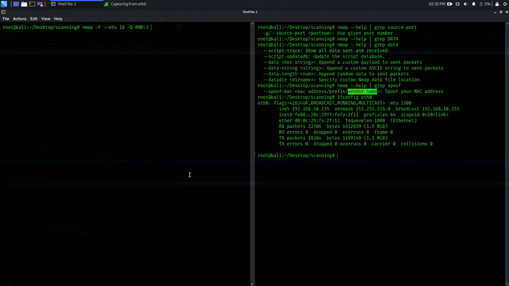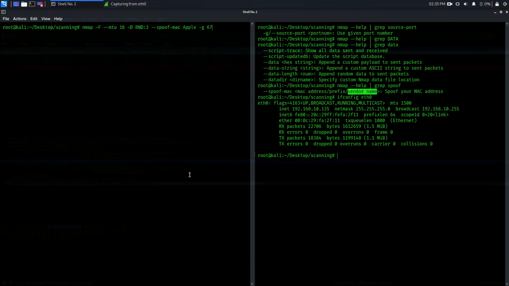And I also want to spoof your MAC address also, so hyphen hyphen spoof-mac, and I'm saying any MAC address from the Apple series, and I also want to change the source port, that is hyphen g, and I want to use this time 67.